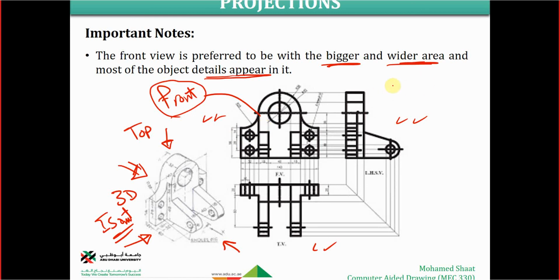But this one is not recommended like this one as front view. This one is side view, that's fine. This one is top view, that is fine. But this one, it should be the front view. So all the time, try to pick the angle that gives most of the details of the object to